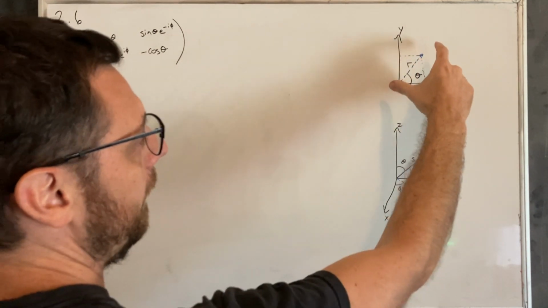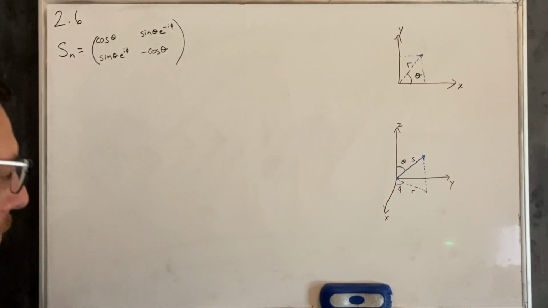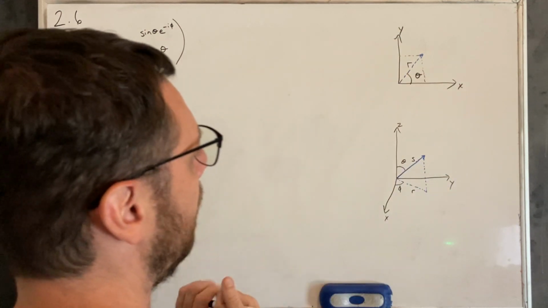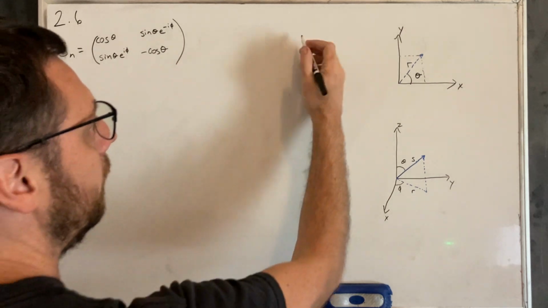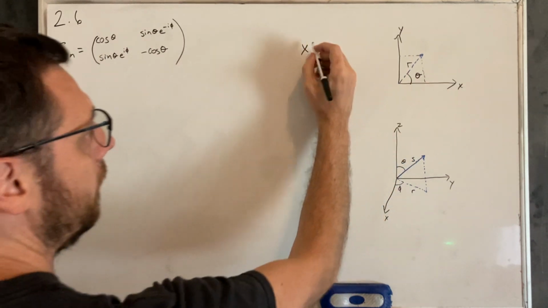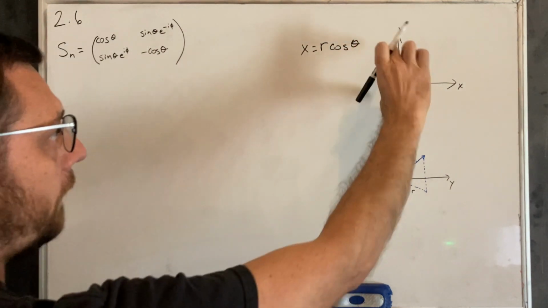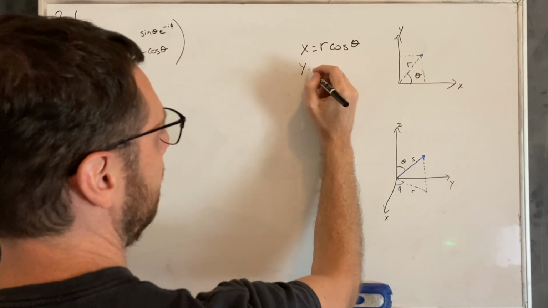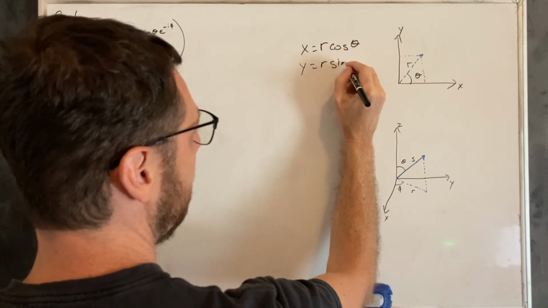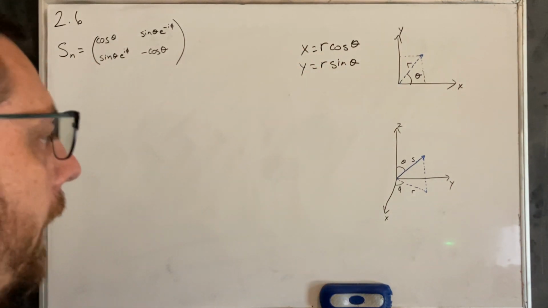and we know that we can split a vector. So if we have this vector r, we can split it up into x and y components, right? So if we want the x component of this vector r, that would be r cosine theta. If you want the y component, that would be r sine theta. All right. So this is